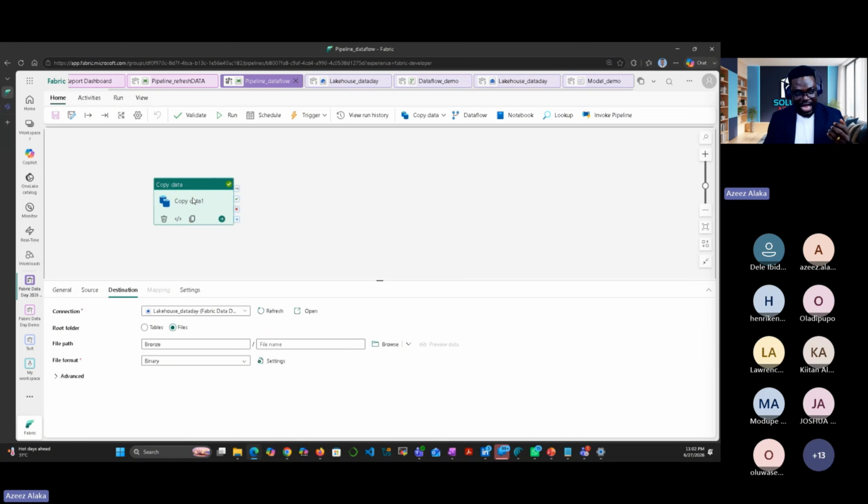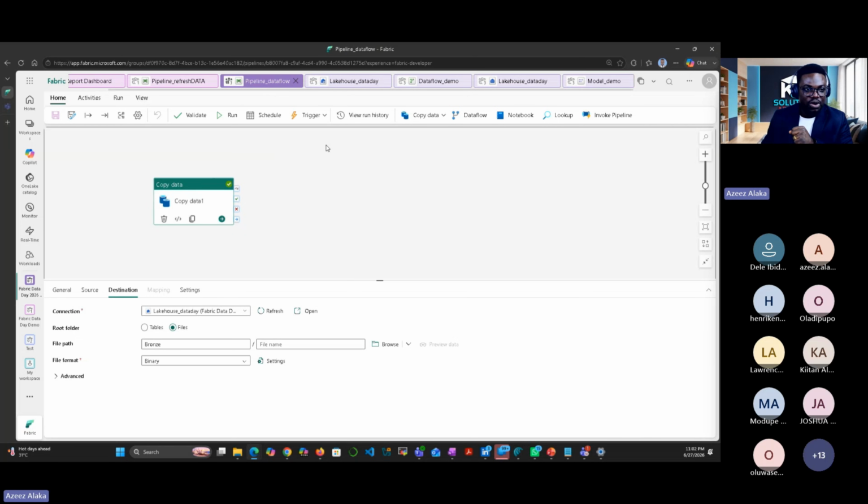In this pipeline, we have a copy object, which is going to copy the file. After copying the file, the next thing that we did was to wrangle the file using the Dataflow Gen2. Now, whenever we have new data inserted into the source record, we need it to also go through all of this. The good thing about pipeline is that you can put all of them together, whereby you only have one schedule. So once this copy is completed, I want it to clean the data and also refresh the model.